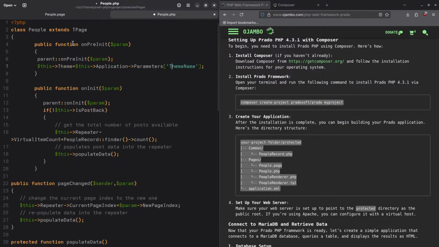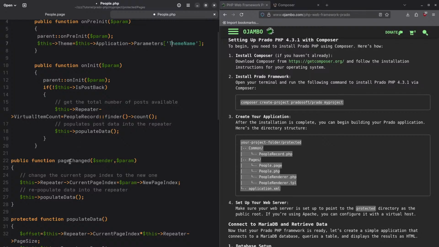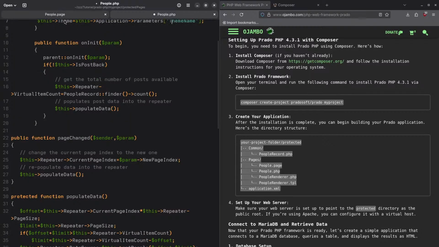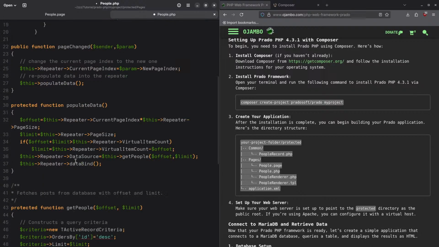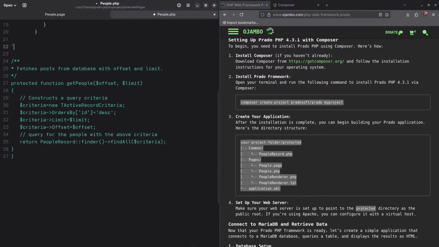So basically, it's a people class that extends the T page on init. It will basically grab the parent and then it will set the theme, whatever the theme name is. So I'm using whatever the default theme is. That's perfectly fine. And this is for the repeater. So it's going to grab the people, count them, and then you populate the data, and when the page is changed, remember this is the one that we used in the people.page,